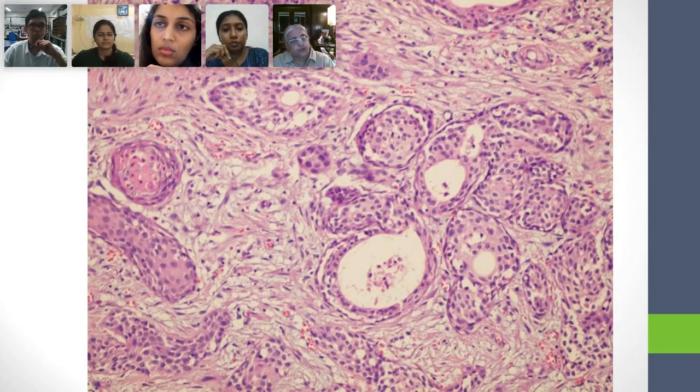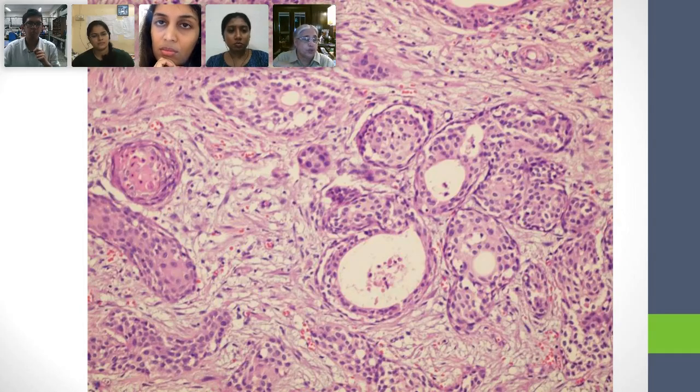Whenever we see cribriforming inside a duct, what should we be noticing next? Because we see it in the breast. Some necrosis. Necrosis. All right. There's no necrosis over here. Well, there's something that's fallen off. Okay. What do you want to say? You want to see whether those spaces are a sieve-like thing. Cribriform means that it's got holes like a sieve.